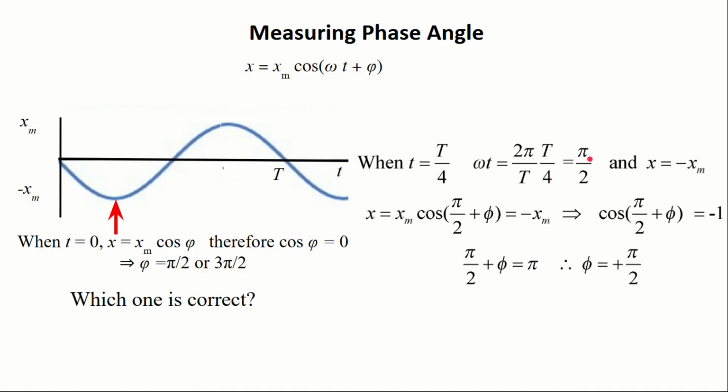That turns out to be pi over 2. That's for sure. Omega t is going to be pi over 2. And thus, what we can find here is that we end up with this when we have omega t equal to pi over 2. Because if you think about this, if you take cosine of pi over 2,